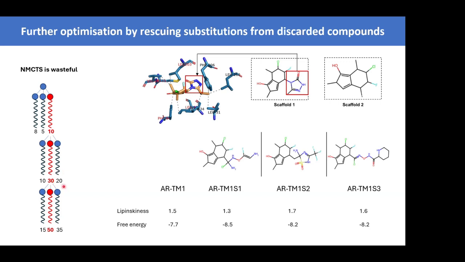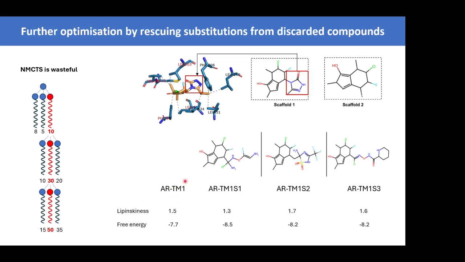But the problem is, if you look at this path, for example, you can see that 20 is still an improvement over 10. So we had improvement here, but we're disregarding it. In fact, this improvement could be because of the addition of a grouping on the molecules that is very different from the group that was added to these molecules. The great thing with Monte Carlo Tree Search versus neural network is it's fully explainable. So you can go back and ask, what change have we introduced here that made this progress? And could we learn from this to improve further these compounds? And this is what we did.